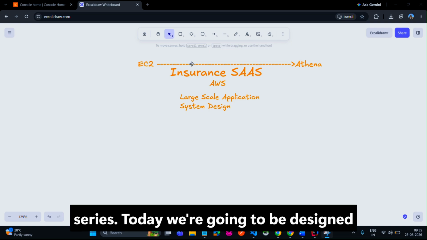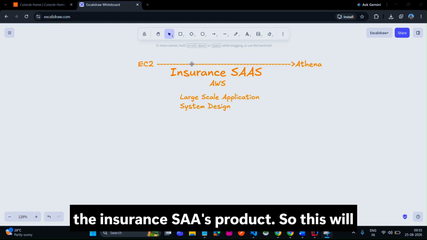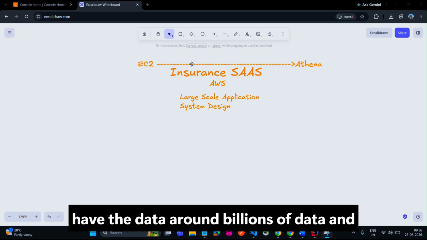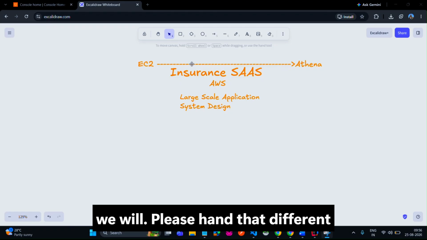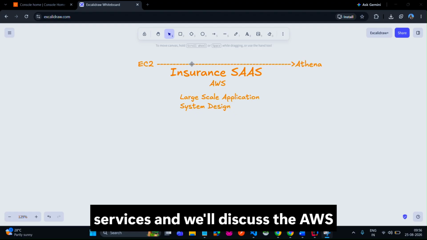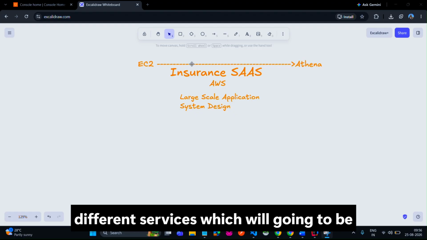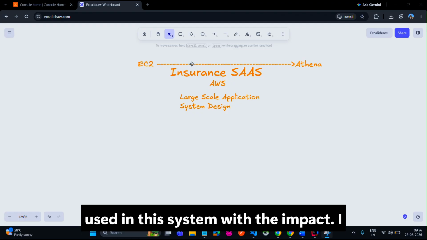Today we're going to design the insurance SaaS product. So this will be a large scale application where we have billions of data, and we will design the different services and discuss the different AWS services which are going to be used in this system